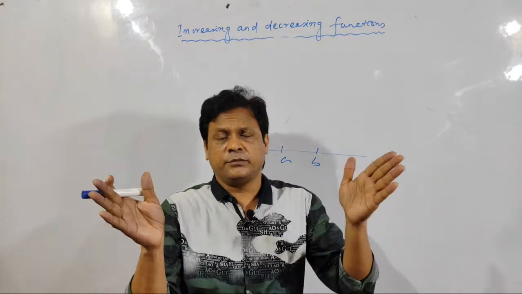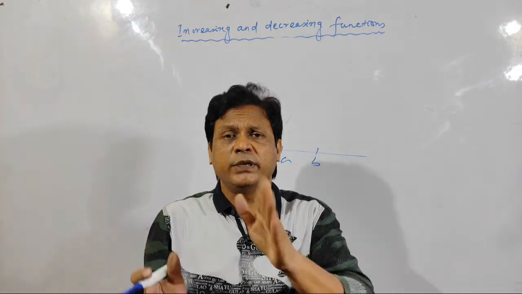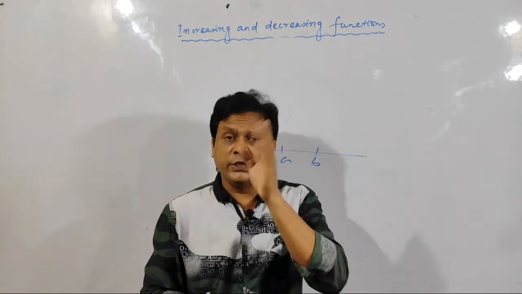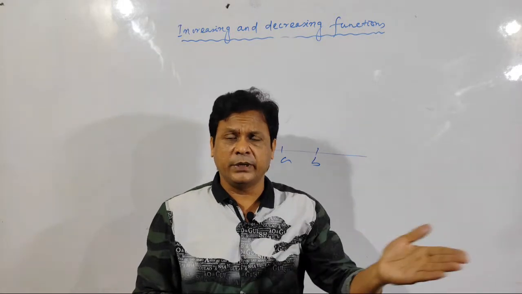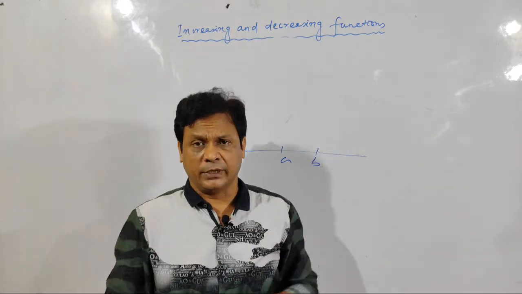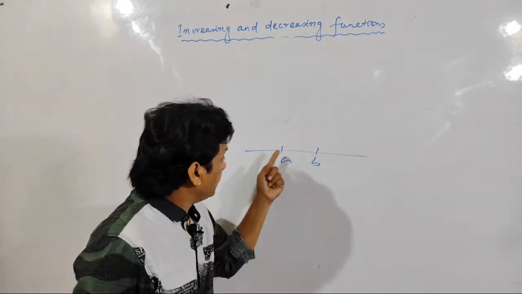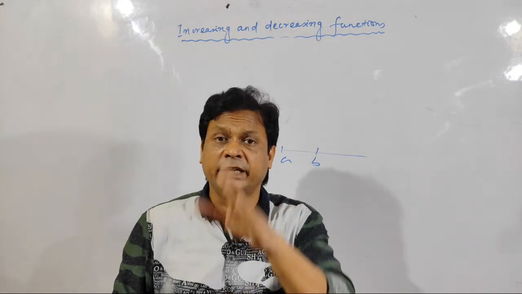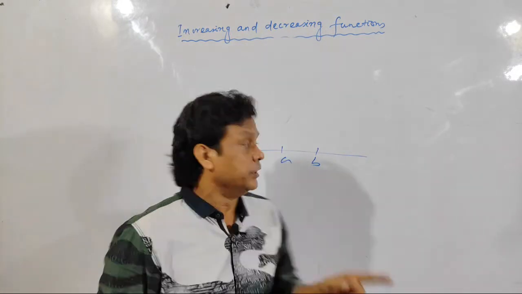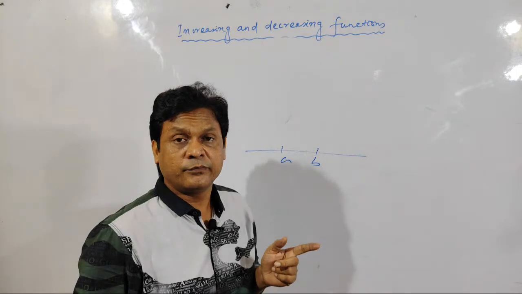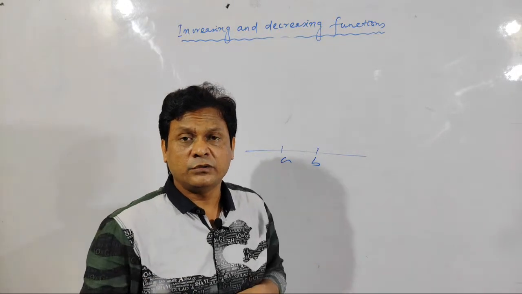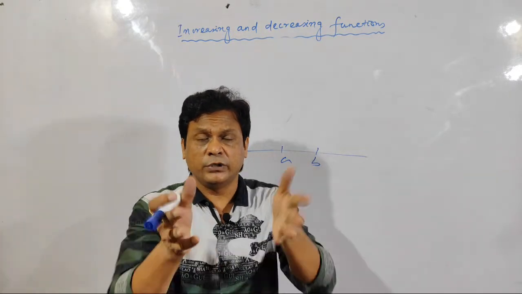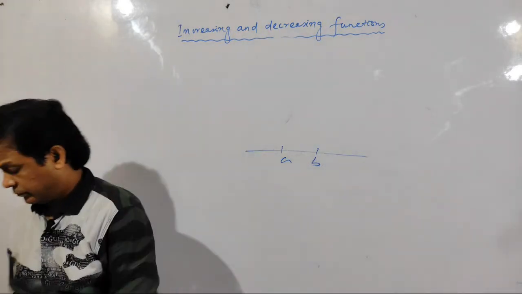Consider the real number line. 0 is neither positive nor negative. So you cannot include 0 in the positive interval or in the negative interval. At that particular point, the derivative is 0. But I have told you, if the derivative is positive, then it is increasing. If the derivative is negative, it is decreasing. But at those two points, the derivative is 0, so it is neither increasing nor decreasing. So you should use the open interval. Clear?